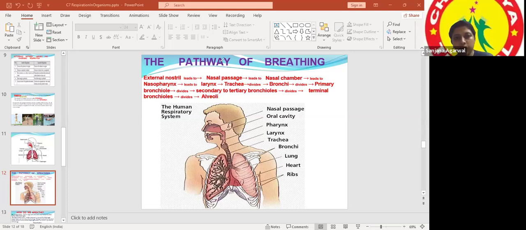So look at the screen, please, everyone. The process of breathing occurs from the nostrils, the two openings in the nose. Then it enters the nasal cavity, the nasal passage, and the next part is to go through the pharynx, which is also known as the throat. Pharynx is just another name for throat. After the throat, it enters this area, called the larynx, or you can also say voice box. Don't write anything now, I'll tell you later.